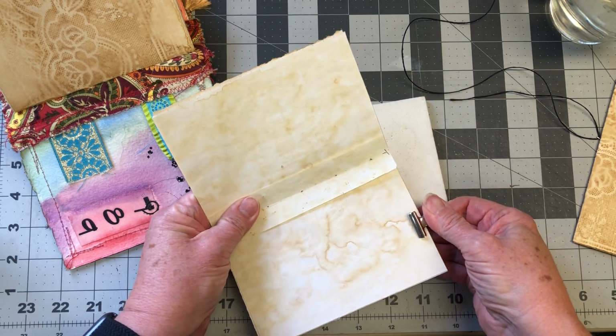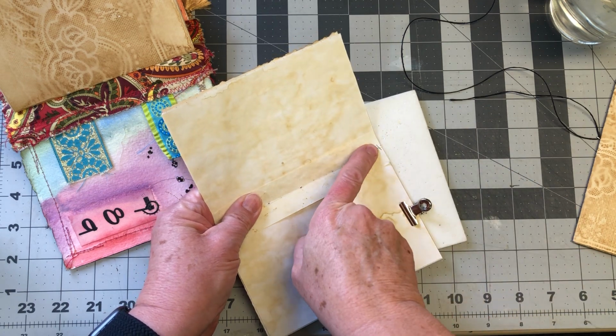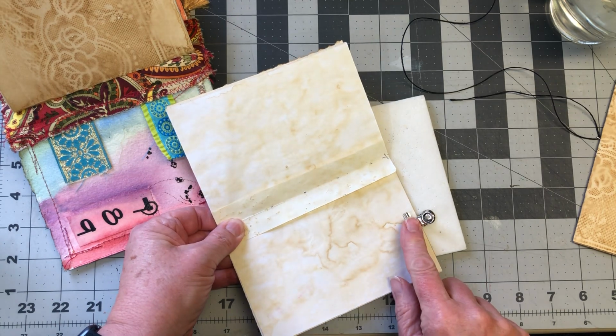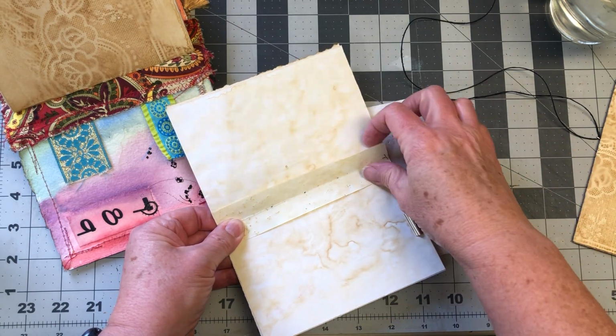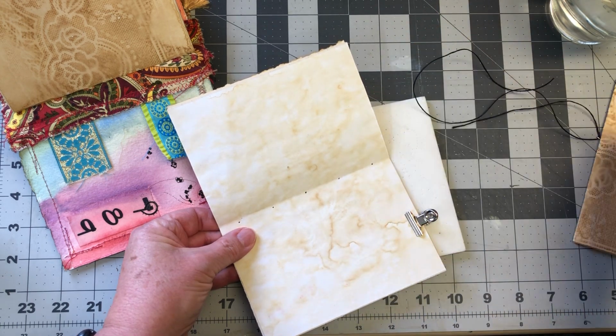Now this is what I normally do, I just slide this little clip along there, so I know that this is the top. It's got a T there, which matches the top here. So I slide that along, so I know that when I take this off, I'm at the top here. And thread up my needle with